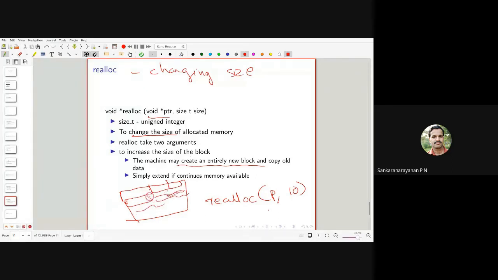So if the 4 need to change to 10, it is not possible since the continuous location is not available. In that case, the machine creates another block, the 4 are moved to some other place, and it becomes 10 locations. Or if the continuous space is available, you can extend 6 more places right there. That is the idea of realloc.